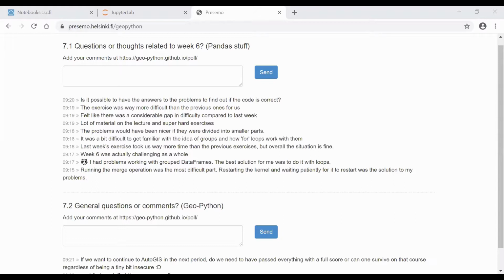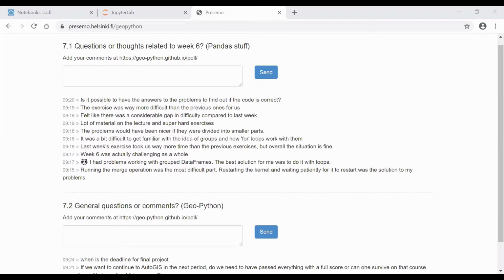Okay, would now be a good time for me to show a piece of code related to exercise 6, or was there something else? What do you think, Dave? I don't know if there was one other question that maybe came up in the first poll question here about possible to have the answers to the problems. I don't know if that was up a moment ago when you started talking about this, but